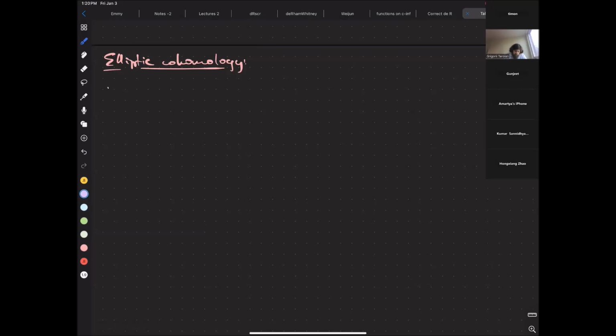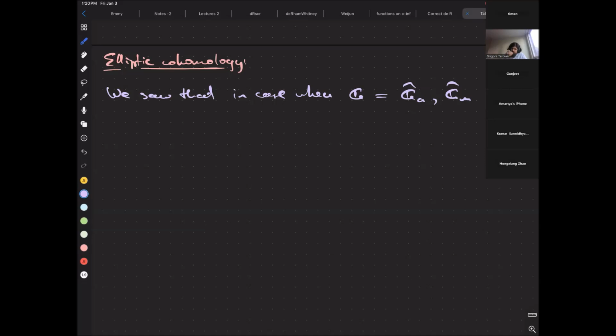So we saw that in the case when the formal group that we considered above is either the formal completion of G_a or G_m, we get these well-known cohomology theories, singular cohomology and K-theory. And now,